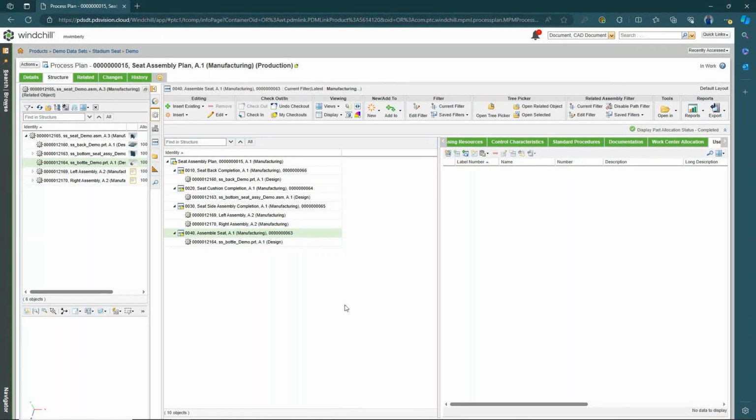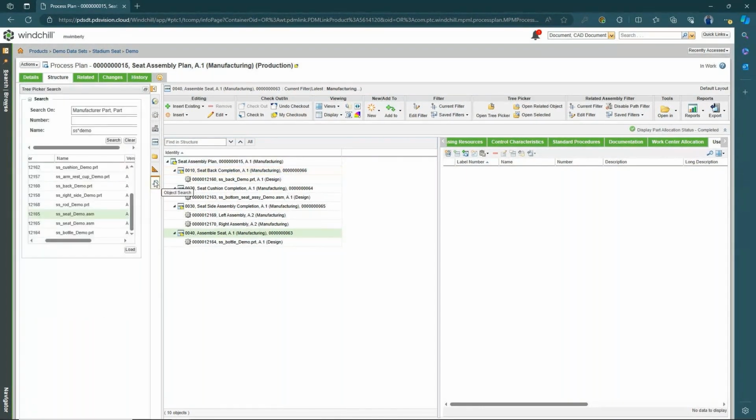All right, so the next thing I want to go in and do is now begin to build out these actual processes. So I have the overall process plan, I have the first operation. Now, this first operation that I want to go in and do is going to specify the machine that this is coming from. So go back to my search, clear this out. And the thing that I want to look at is there's actually an injection molded machine that this is coming from. So I'm going to type in injection, name, and we can see that there's